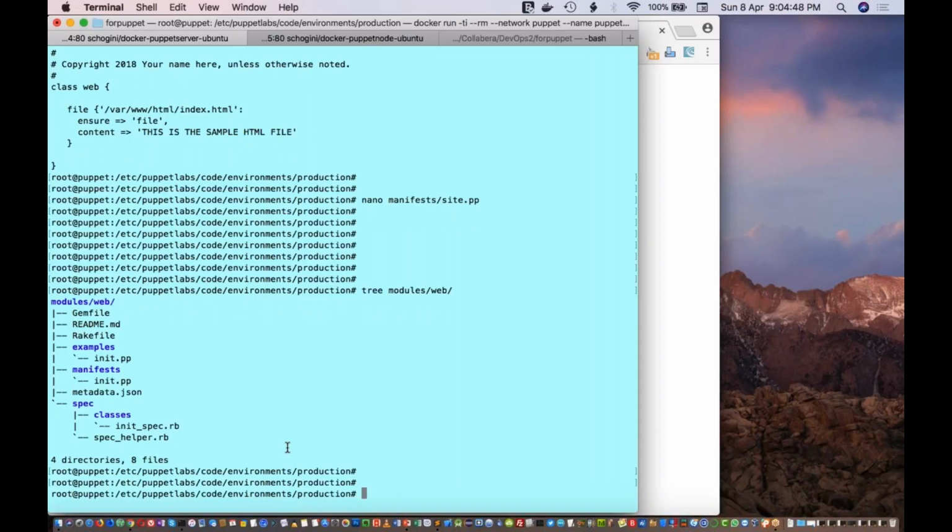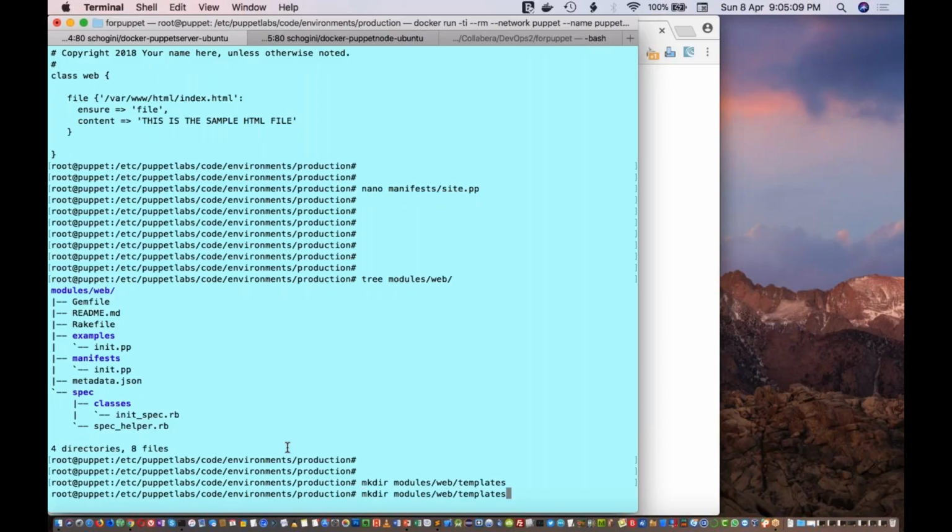So I am going to show you how to use templates. We'll be using the ERB templating system. For that, the first thing we have to do is create a templates directory: mkdir, sorry, modules web, and here I'll create one templates folder, and inside that templates folder I am going to create a file called, say, index.html.erb.